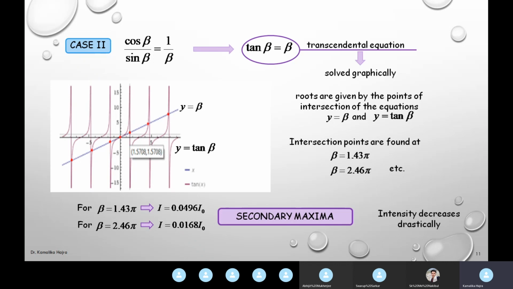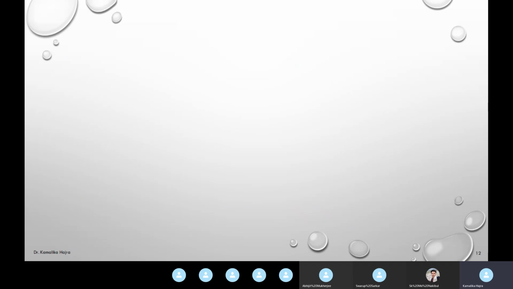On the other hand, in case of single slit Fraunhofer diffraction, you get a very bright central fringe, same brightness as the incident light, but you get more bright fringes on either side of the central fringe, however, with drastically decreasing intensities. Okay, so we are almost at the fag end of our discussion of single slit Fraunhofer diffraction. We now will be able to draw the intensity distribution graph, which is necessary for all optical phenomena.